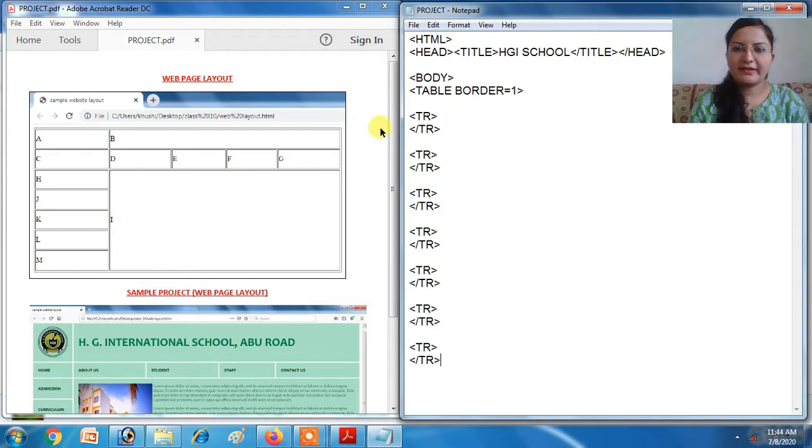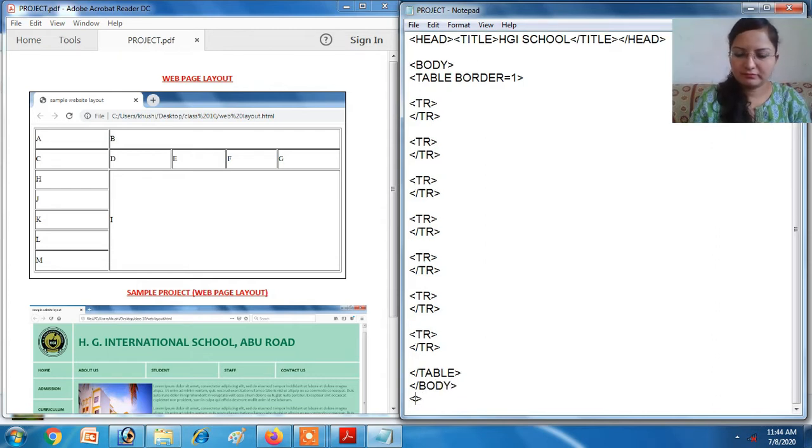Okay, 7 times I have added rows. Then close the table tag, close the body tag, close HTML. Okay, so 7 rows have been created.